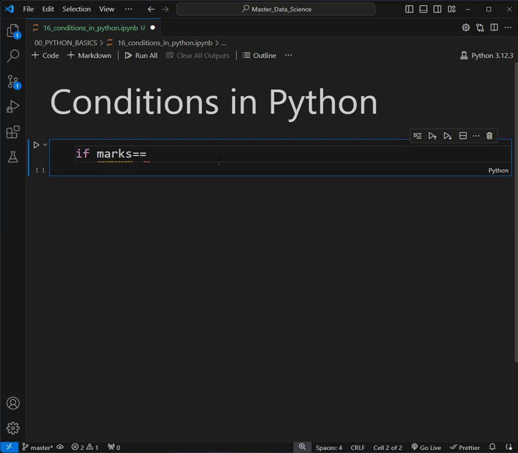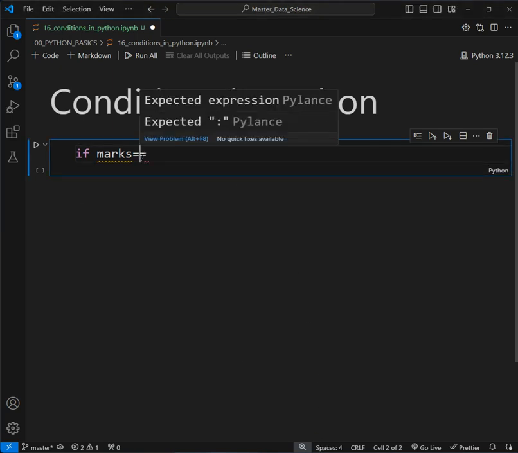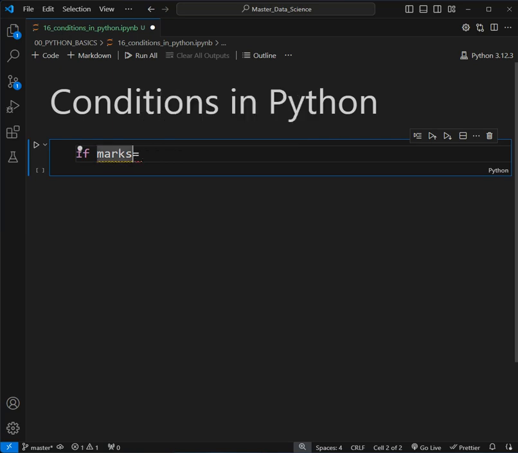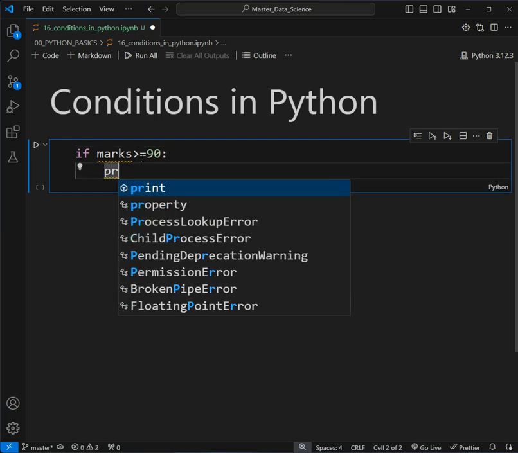Double equal to is used to compare values, and single equal to is used to assign values. So let me compare our marks here. If marks are greater than or equal to 90, then I want it to print